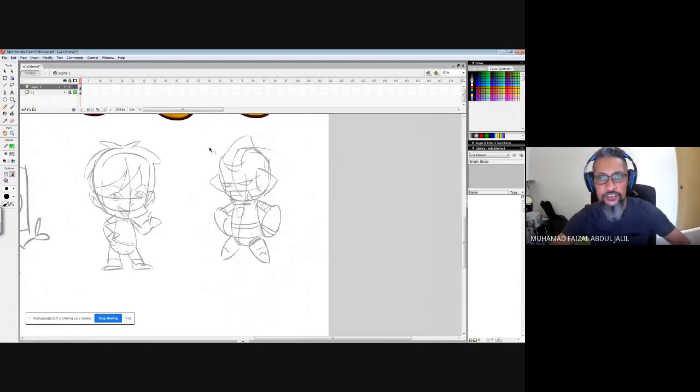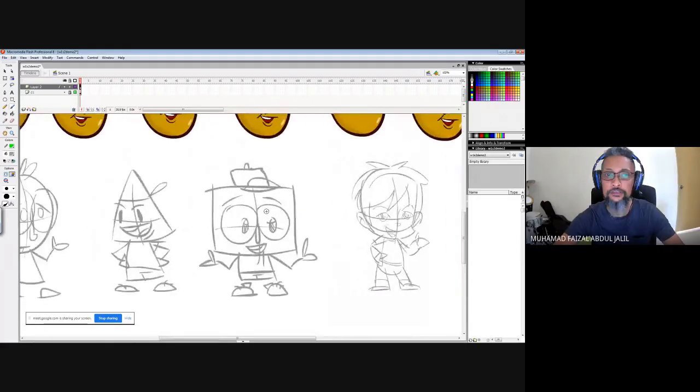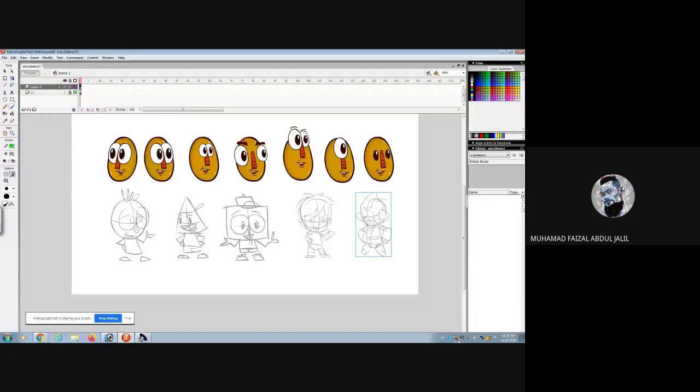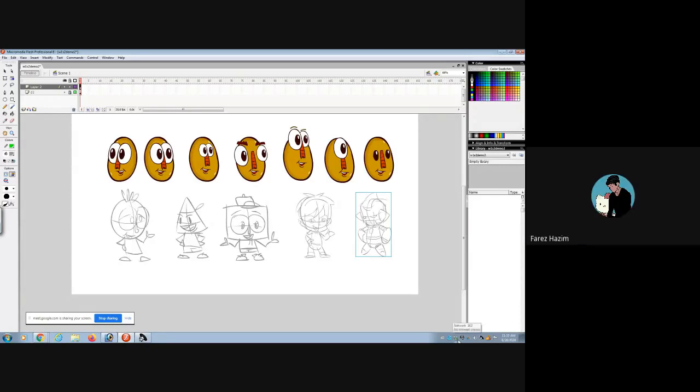So if you take a look at these basic structures, you can see where I can go from this design. Are you guys still with me? Yes.